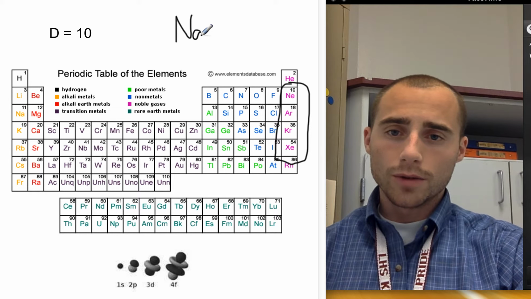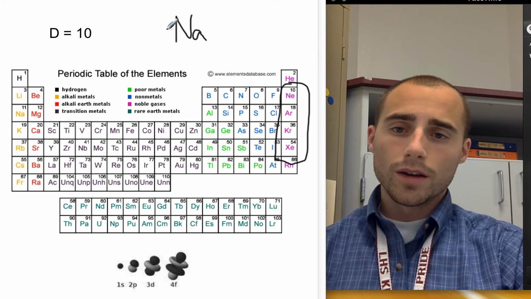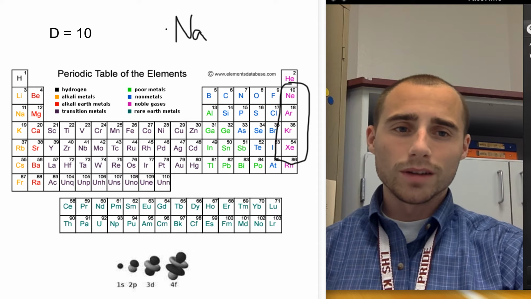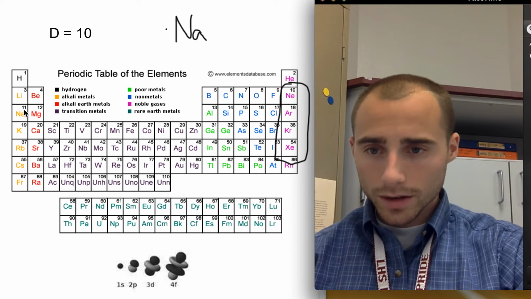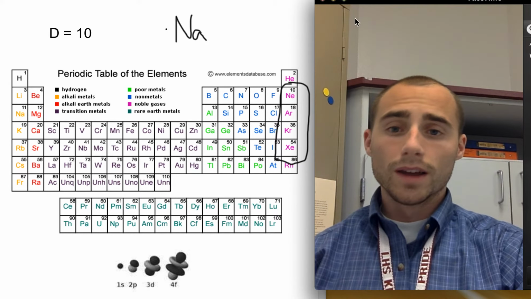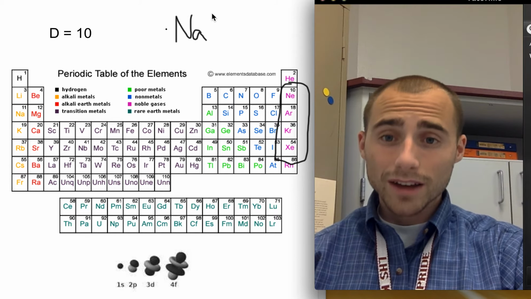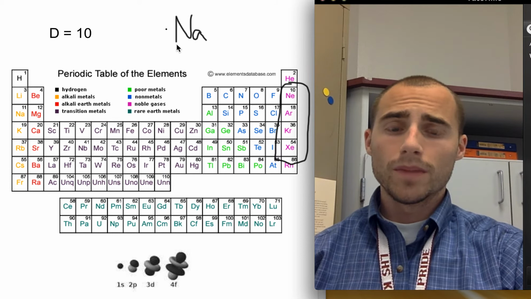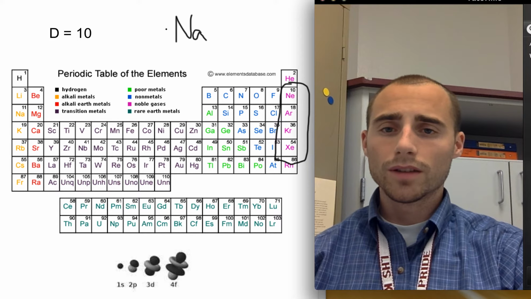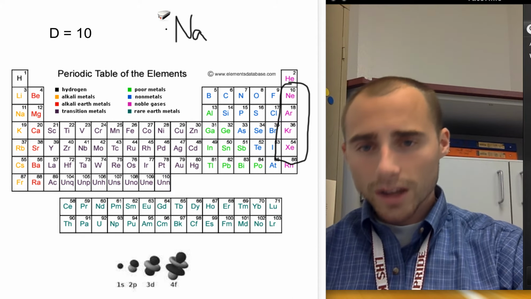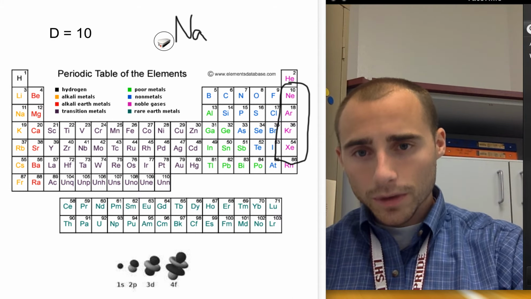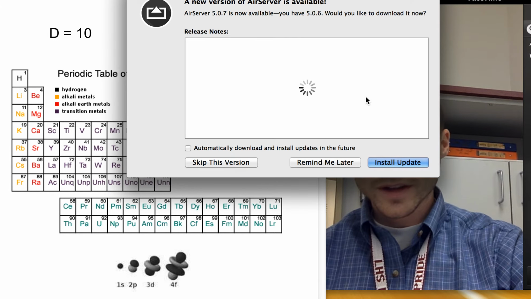Okay, so it wants 8 all around, right? Right now, it's only got 1. It's super sad because it's in column 1, so it's only got 1 valence electron. So is it going to try to gain 7 electrons? No, it's not going to gain 7 electrons. Crazy. It's just going to get rid of 1. And this was on the test. When you get rid of 1 valence electron,